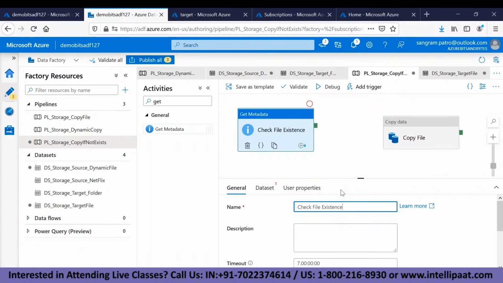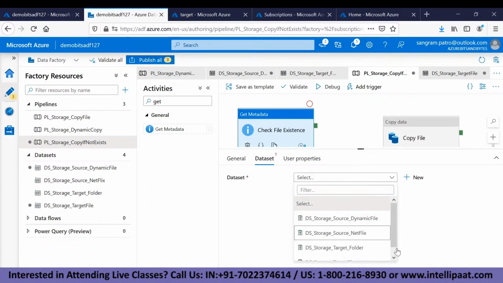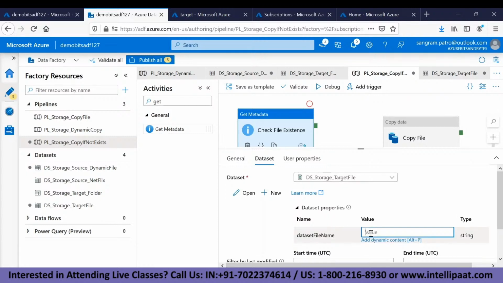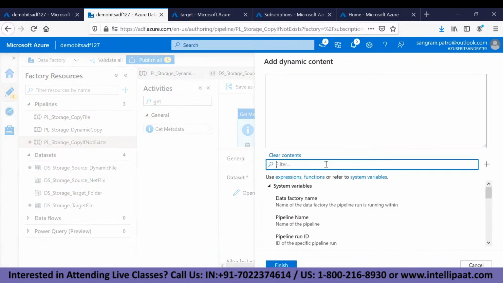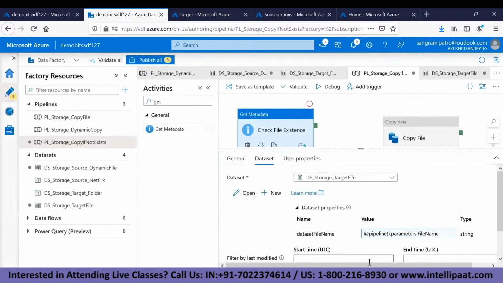Okay, and then I would use a dataset which I just created, which is the target file. Obviously this target file dataset has its own parameter, right? So I will put the file name parameter from the pipeline parameter. So I will just type in file name, and then the pipeline parameter would cascade into